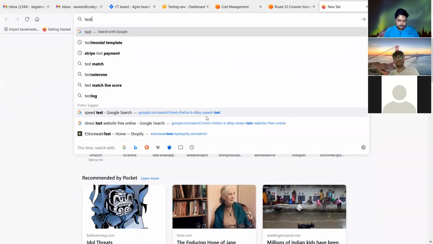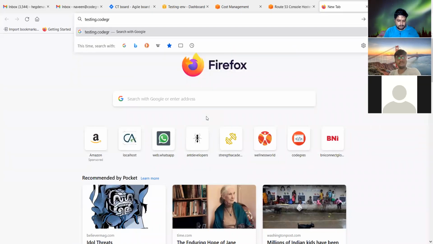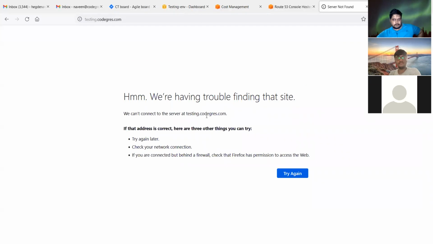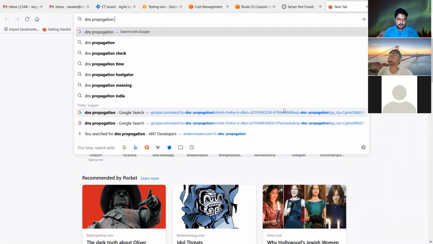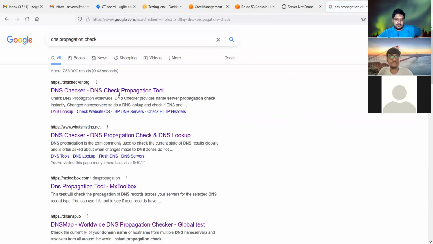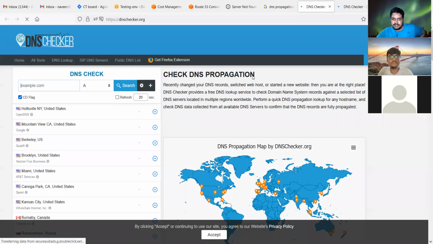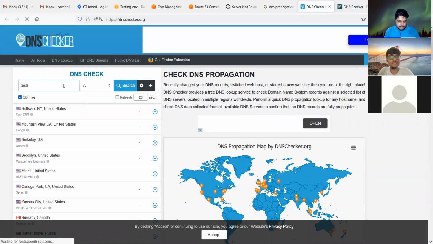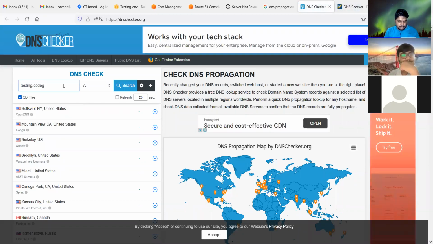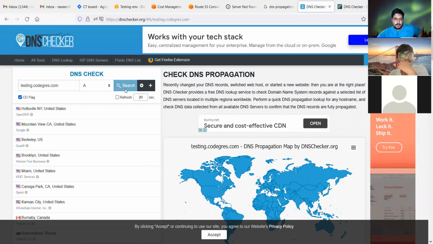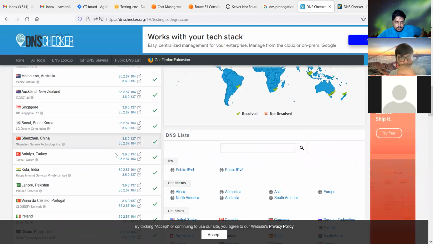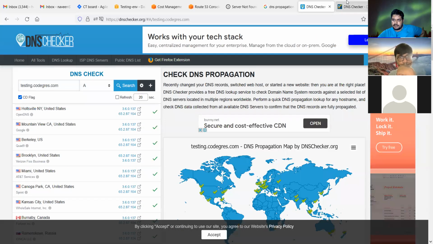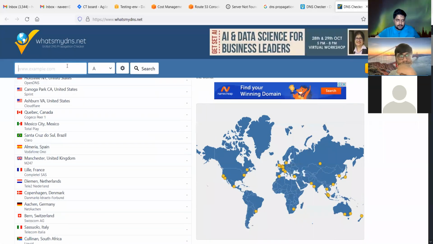So now if I go to it, it will take some time. Yeah, no, I got it. So propagation check: if you go to this DNS checker or what's my DNS, and if you enter it, it shows that in India also it has propagated.